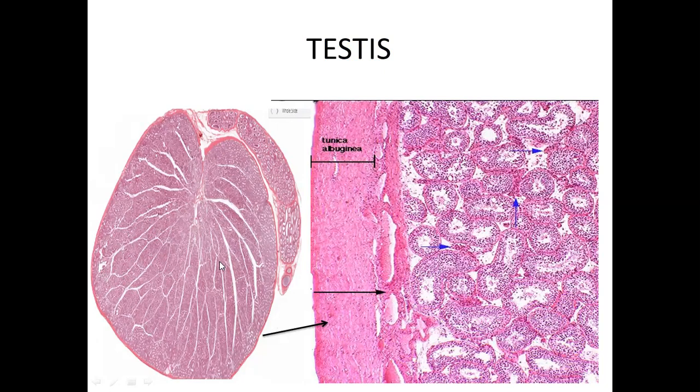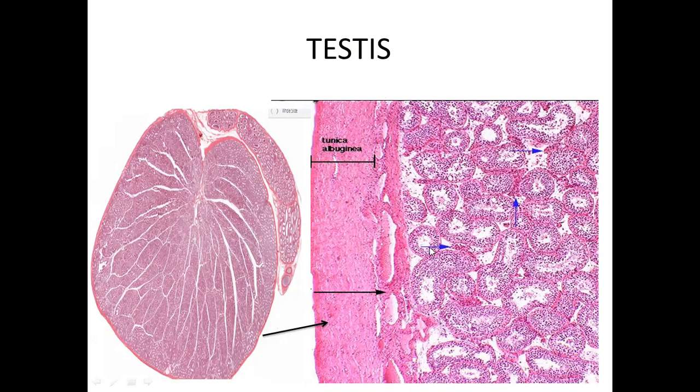If we look at a more magnified portion, say we have taken a rectangular piece from this portion and displayed it on the right side. Now just look at the outermost eosinophilic dense irregular fibrous connective tissue component, which is termed tunica albuginea. Within it, there is a vascular tunic, a component which has lots of blood vessels in it, making the capsule or the outer connective tissue covering of the testes.